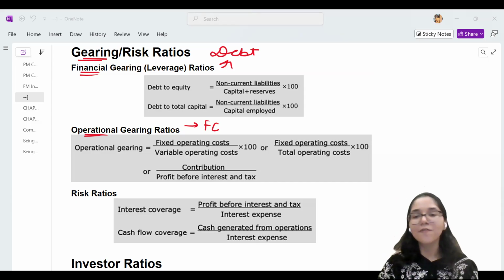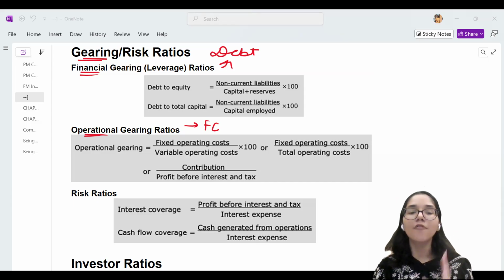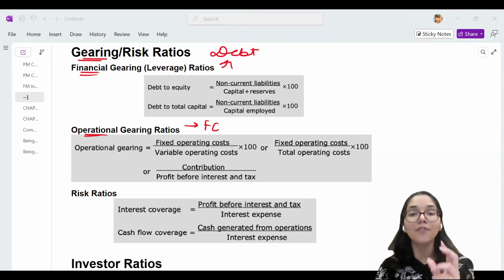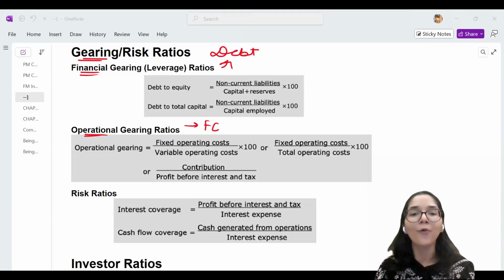Exactly. Lesser profits, your profits can decline. What will be left for the shareholders can be lesser. Also, one more possibility is that if I have too much debt and my business is not doing well, let's suppose I'm not even earning enough money to pay off my interest, I can go bankrupt. It can lead to liquidation.